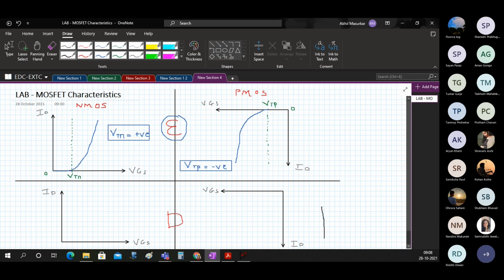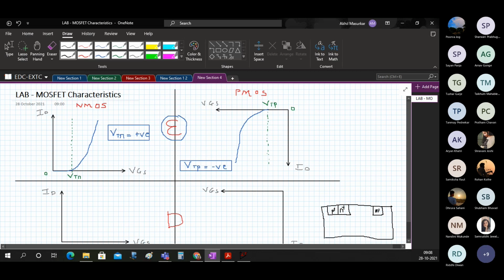Just to show you what a depletion type MOSFET is, I'll draw a small diagram here. We had here N plus, we had here P plus. So this is which type of MOSFET? NMOS. Then here we had an oxide layer at the top, and somewhere here we had our gate, and then we had source, gate, drain, and here we had the bottom.